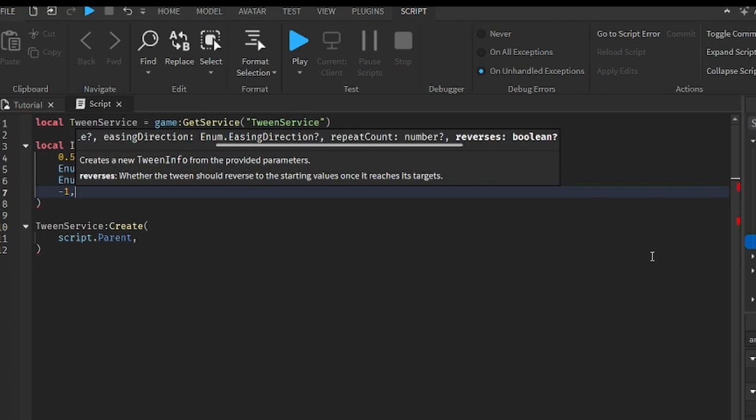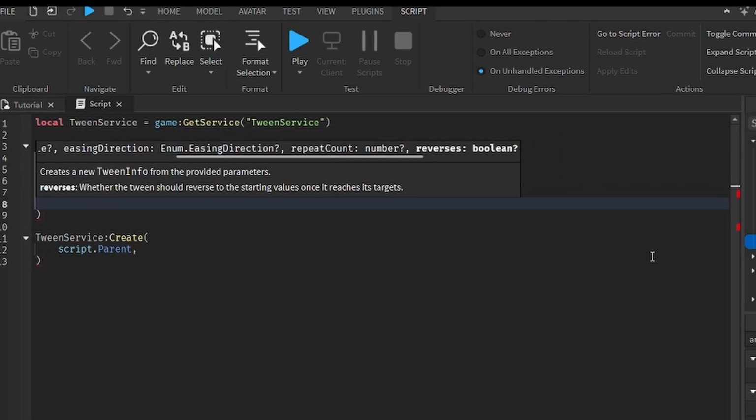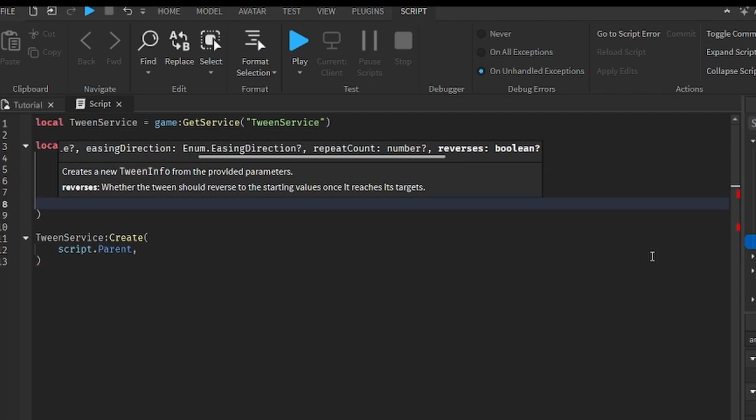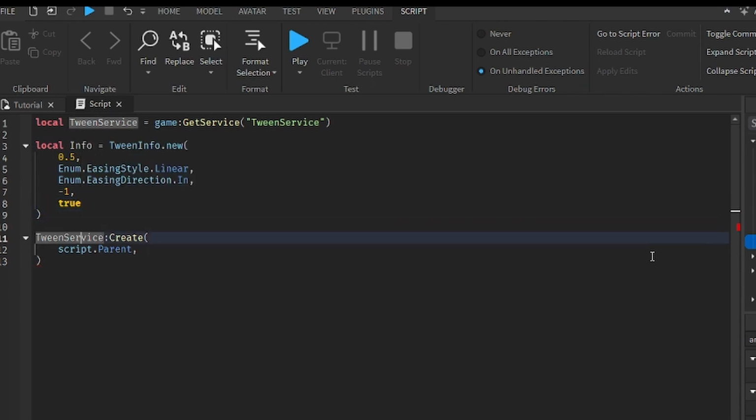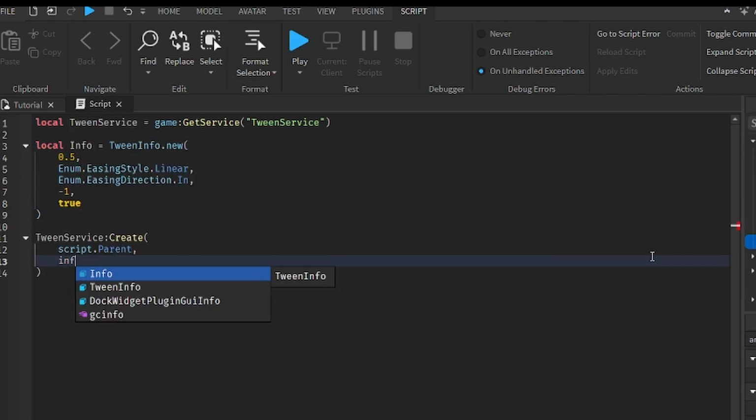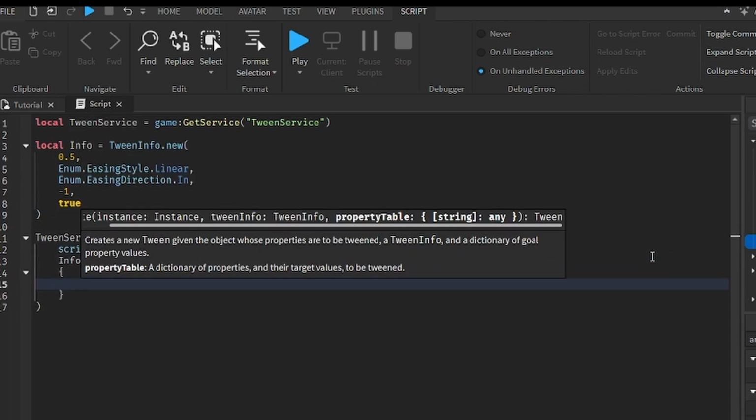The final one is reverses, and it's also self-explanatory. If you want the animation to actually go back to your original values after it finishes, then you have to put true. So now we have our info, and the final is the property table, basically the goal values